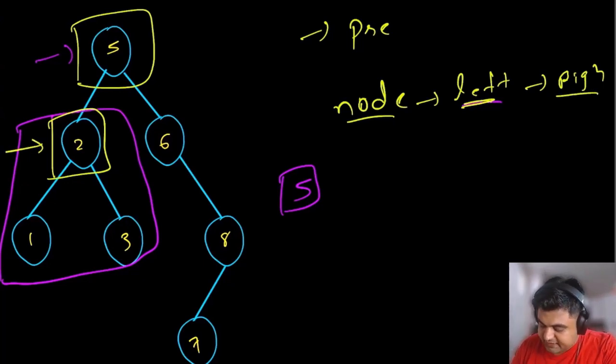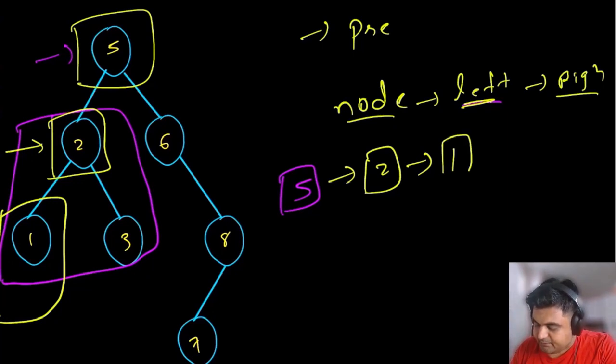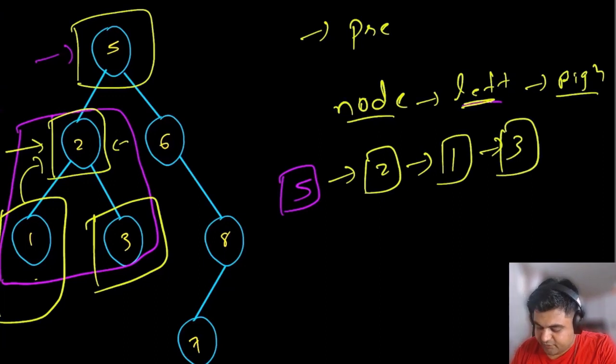So again, for the left subtree, the next node we are going to visit is node number 2. For its entire left subtree, it only has one node, so we are going to visit node number 1 after that. After visiting node number 1, we backtrack, and for node number 2 that we have already visited, we haven't visited its entire right subtree. So we are going to do that next.